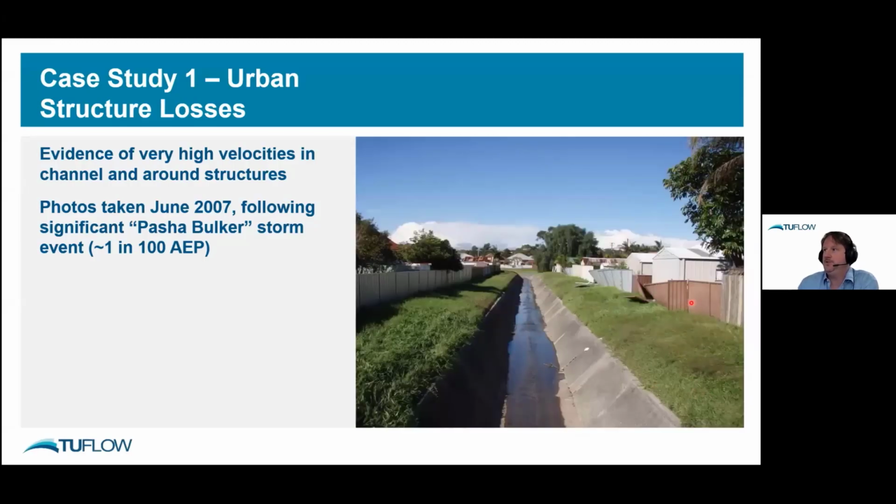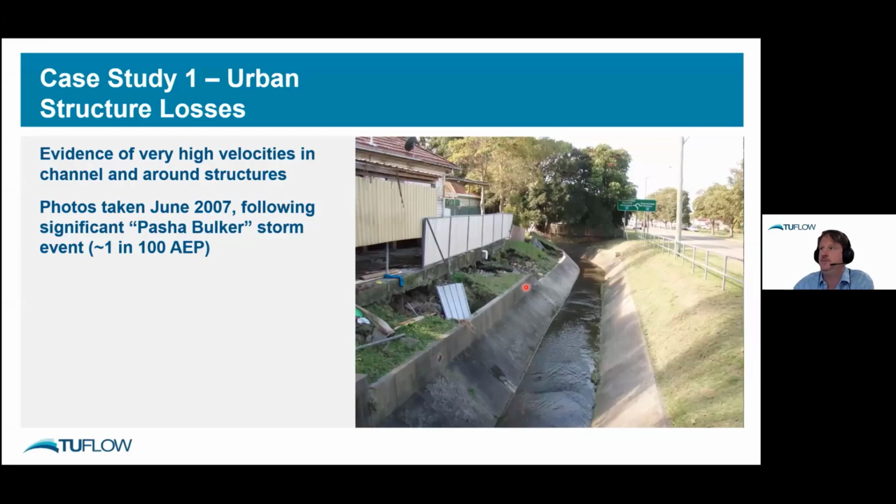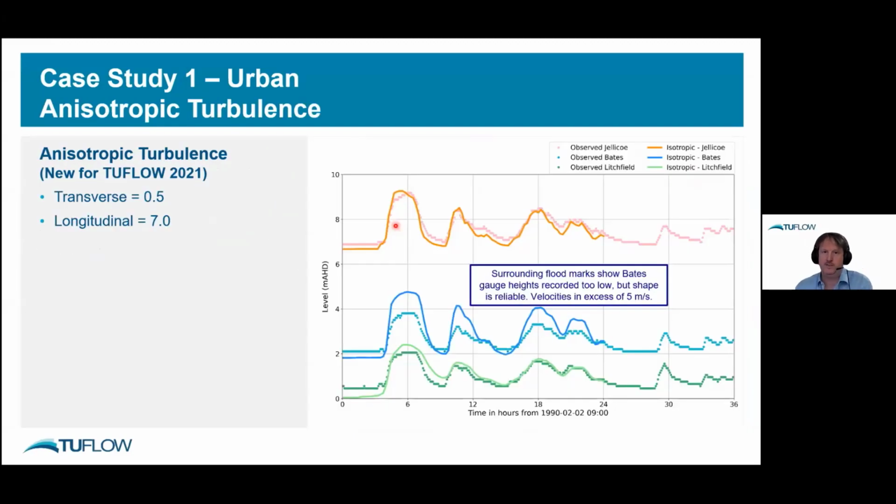And this is on the downstream, we actually can start to see the fences are flattened in the opposite direction as water's making its way back into the channel. And here we've got another case where we've got water coming back into the channel and actually scouring out underneath concrete slabs and houses. So there's certainly strong evidence to support the loss adjustment, but it's still not quite been enough to get it